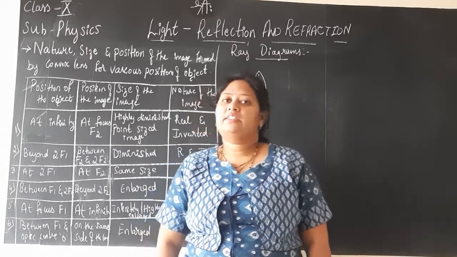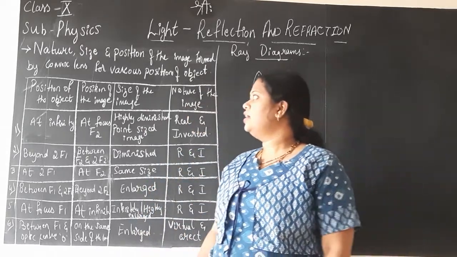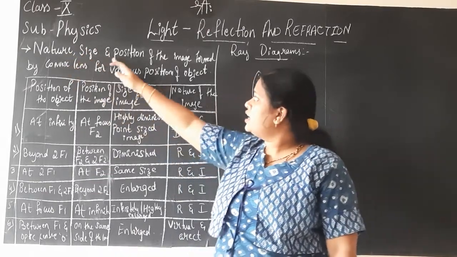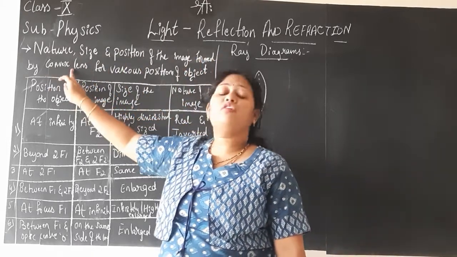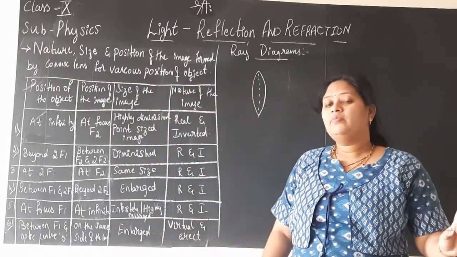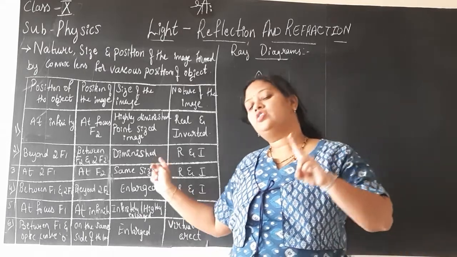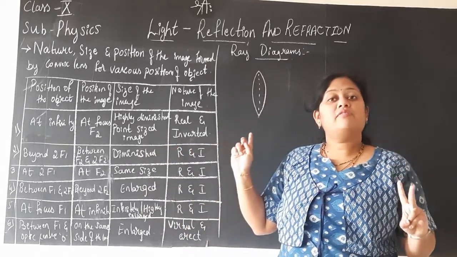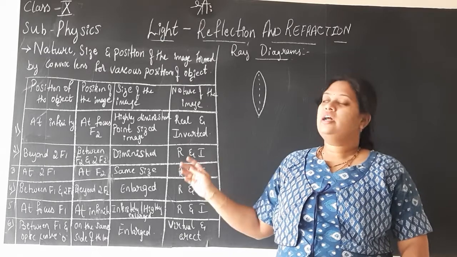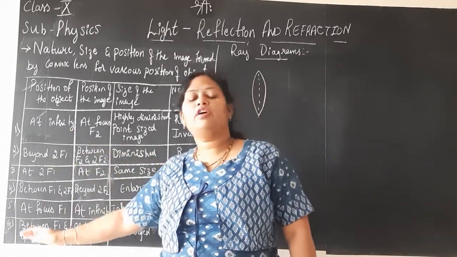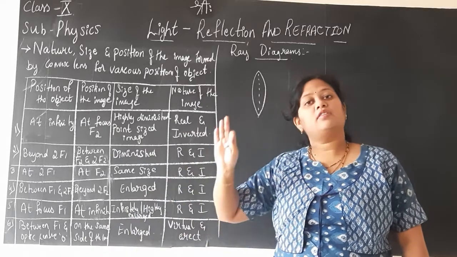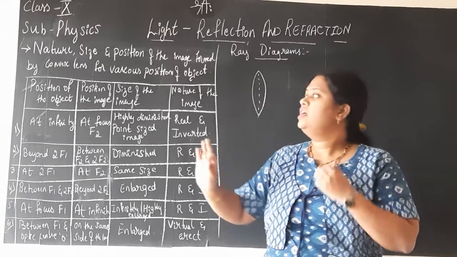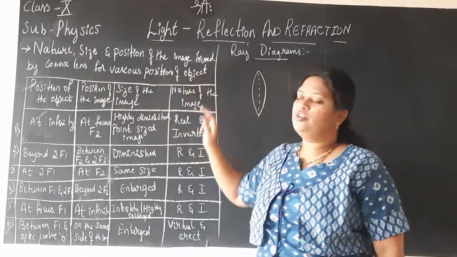In today's session, we shall be proceeding with the lesson and learn to represent, or to draw, or to show the nature, size and position of the image formed by the convex lens. There, the concave mirror was converging, here the convex lens is converging, children. So we are paying more attention to the converging mirror or the converging lens, and we are studying different positions of the objects for the converging mirror, that is the concave mirror, and the converging lens, that is the convex lens, for various positions of the object.